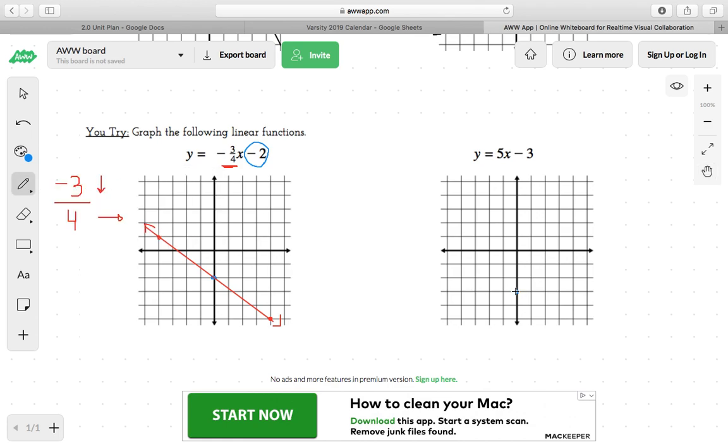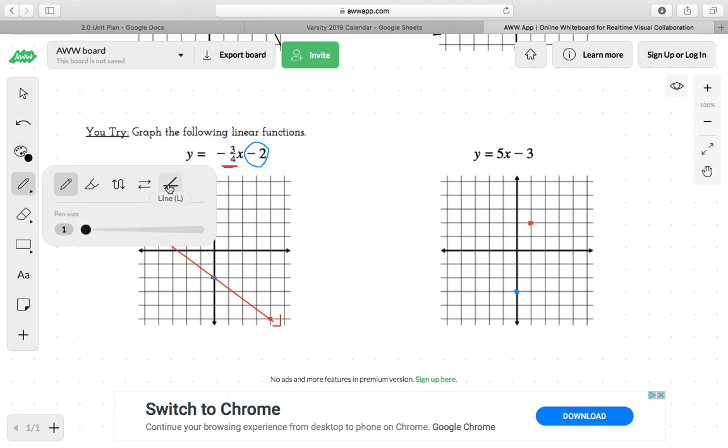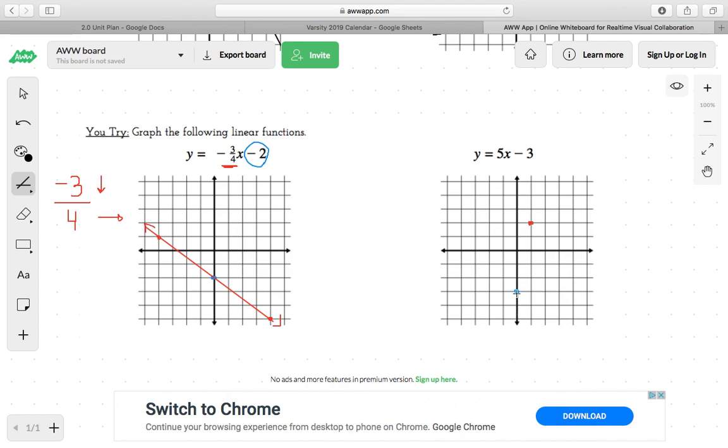All right, so our y-intercept is -3, and so we start there. Our slope is 5, which means it is a slope of 5 over 1. So we're going to go up 5, 1, 2, 3, 4, 5 over 1. And then 1, 2, 3, I'm kind of off the graph. So I'm only going to use 2 points, and we can connect our dots. I'm going to connect this one here,